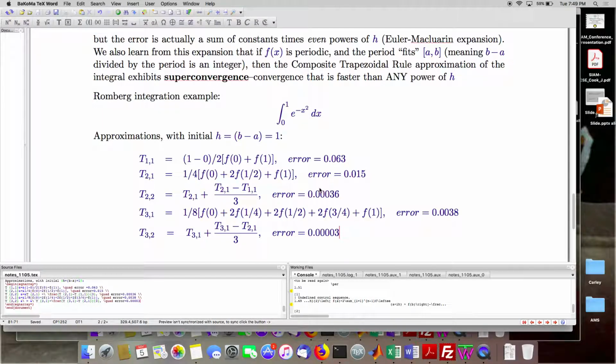Okay. And then finally, I could take T32 and T22 and extrapolate among them. It gives me T33. You're always going to stop on a value where the row and column indices are the same. So that would be T32 plus